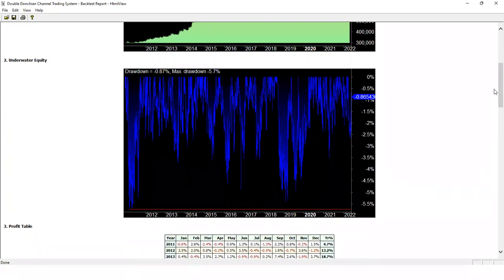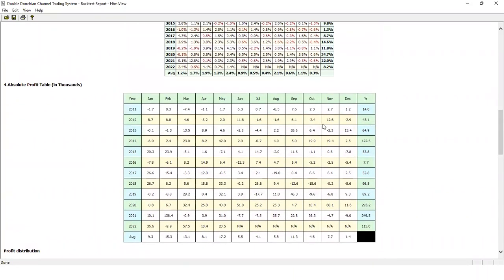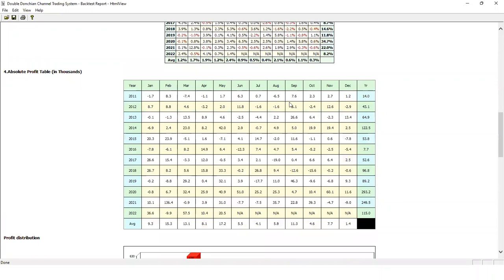Right. And it also gives a profit table month on month, showing every month how much profitability it is making. It gives you in terms of money, or in terms of percentage. In terms of money you have to do some customization, but here I had given numbers in thousands, right? So in 2011, it generated only 14,000 for the entire year. Probably the betting size was very low. Probably Bank Nifty was like 10,000 rupees, so margins would have been very low. Now with a decent margin, in 2021 and 2020, it had generated decent results. And these are results up to this March